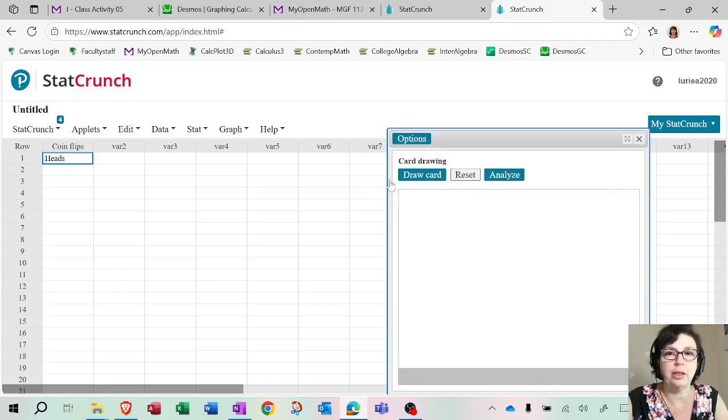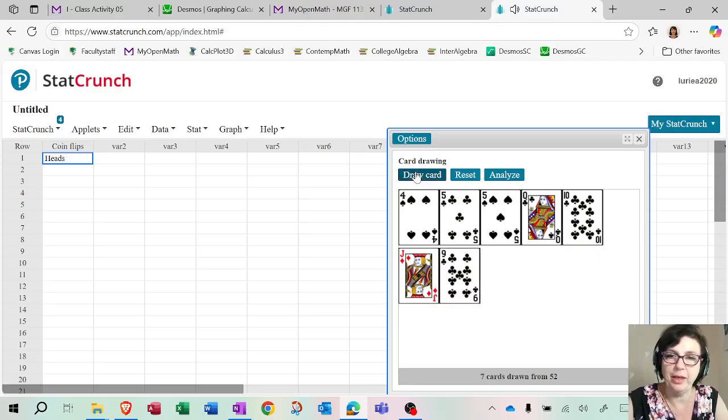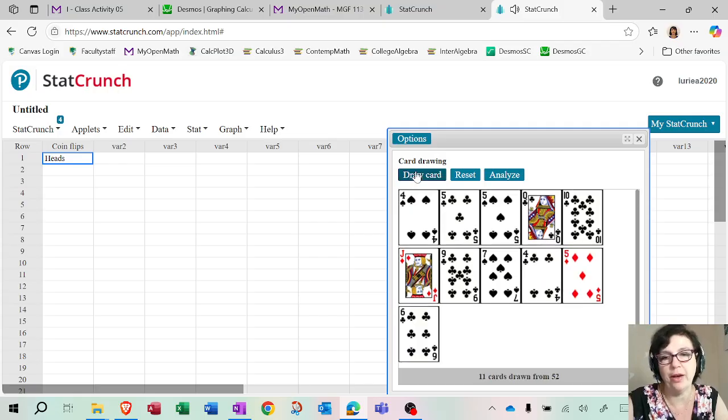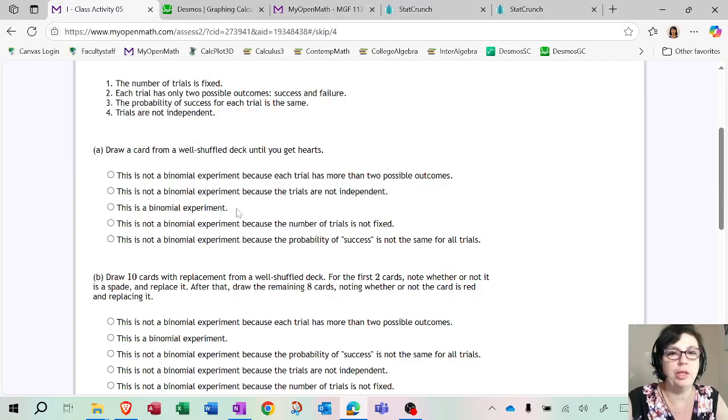So let's reset it. For example, this time around, I didn't get a heart, didn't get a heart, didn't get a heart. No, no, no, it's a diamond. Oh man. Okay, I'm really unlucky. So do I really know how many cards I have to take until I see a heart? No, I do not. In fact, now I got it. It could be that the first card is a heart. It could be that I have to, as you can see, draw 14 cards until I see the one that's a heart. So in this case, I do not know how many. This is not a binomial experiment because the number of trials is not fixed.